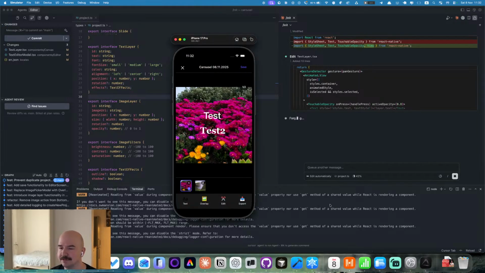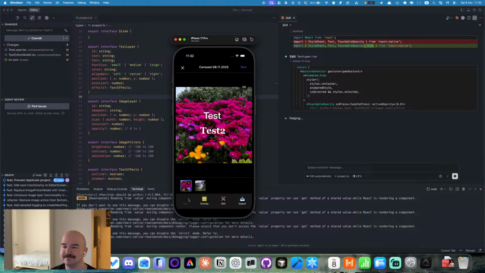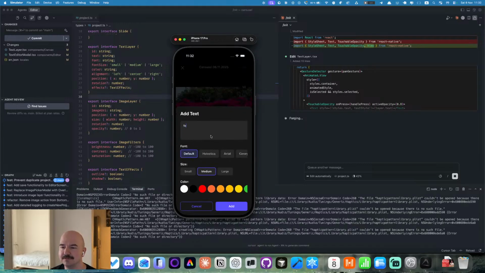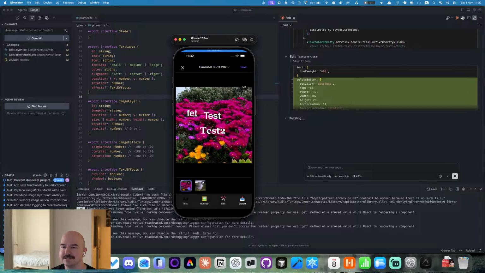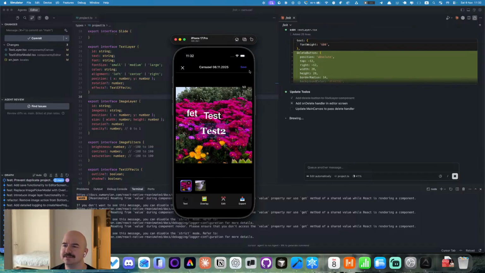So it's already much better, by the way. We have different fonts. It is still not aligned so cool, by the way. I hate it. And the back button should be a back button, not this thing.